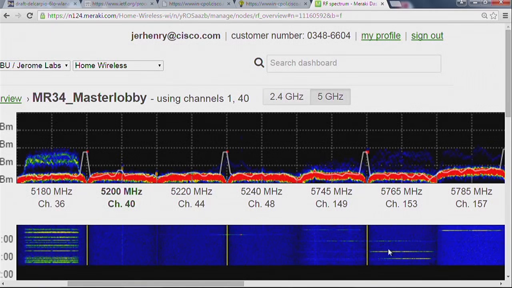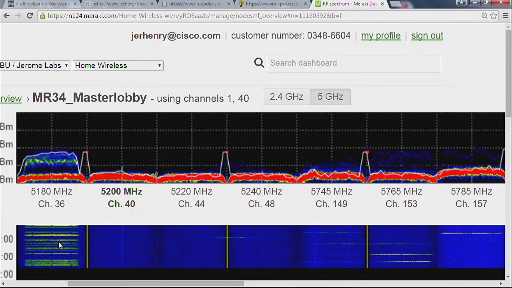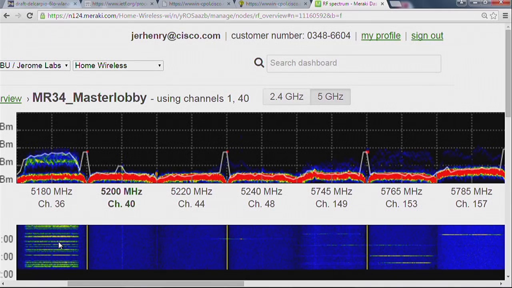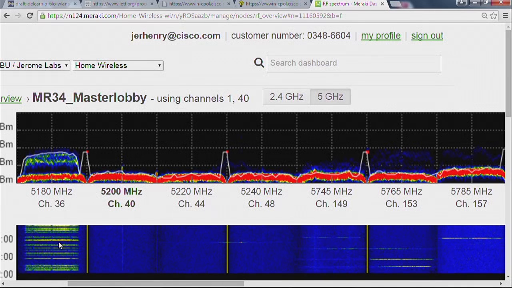Compare this to what you see on channel 36, where this is an active access point with active traffic. You see traffic pretty much all the time. Those lines are very useful to tell you at a glance what kind of load you are seeing on those different access points and different channels. This is the RF spectrum,